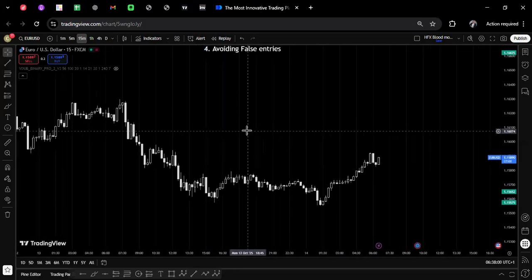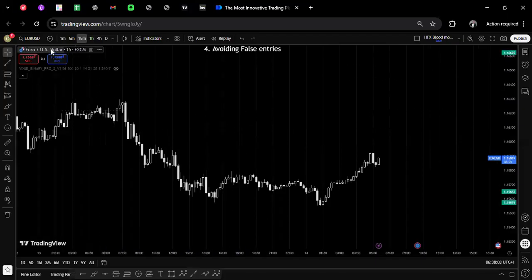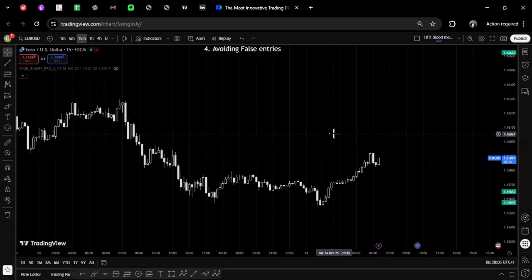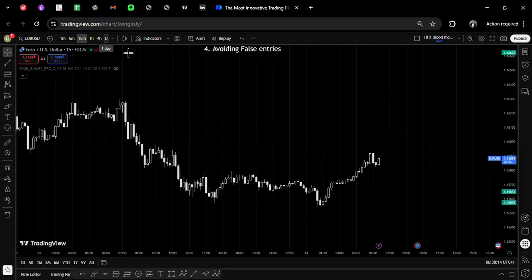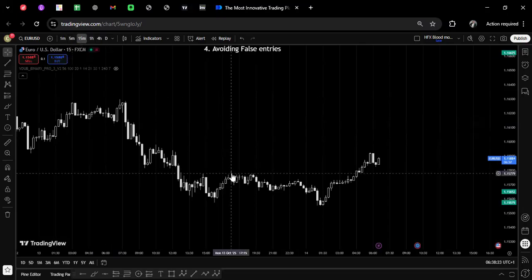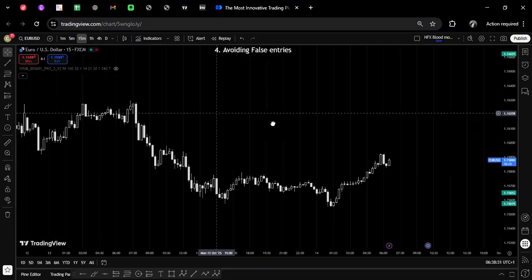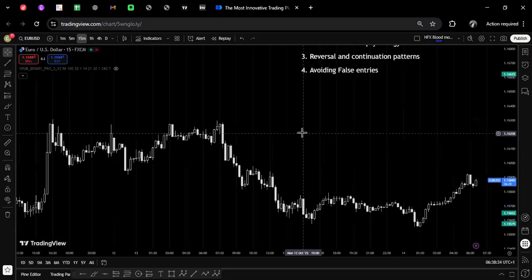So first and foremost, when it comes to trading HFX, you don't necessarily need to go to the daily time frame, the 4-hour time frame, or perhaps the 1-hour time frame. Your focus is mainly on the 15, 5, possibly 1. Now, when I talk about candle patterns, one of the key things you can see for HFX are